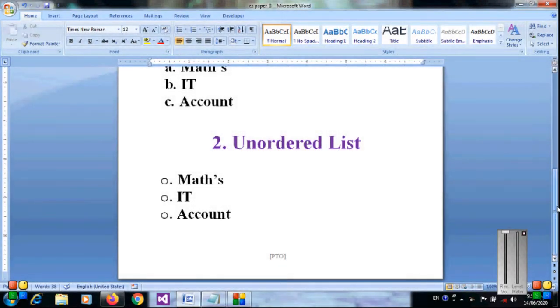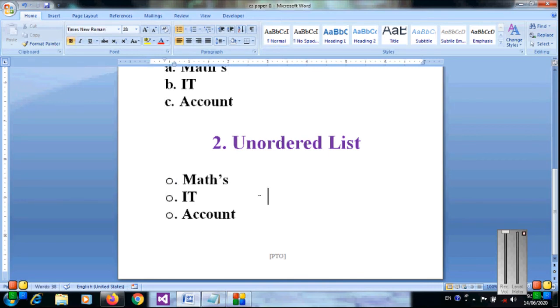Here we are going to see another type of list, unordered list. Here we see on the screen all three subjects do not come in sequence. You can see all three subjects have the same type of circle.